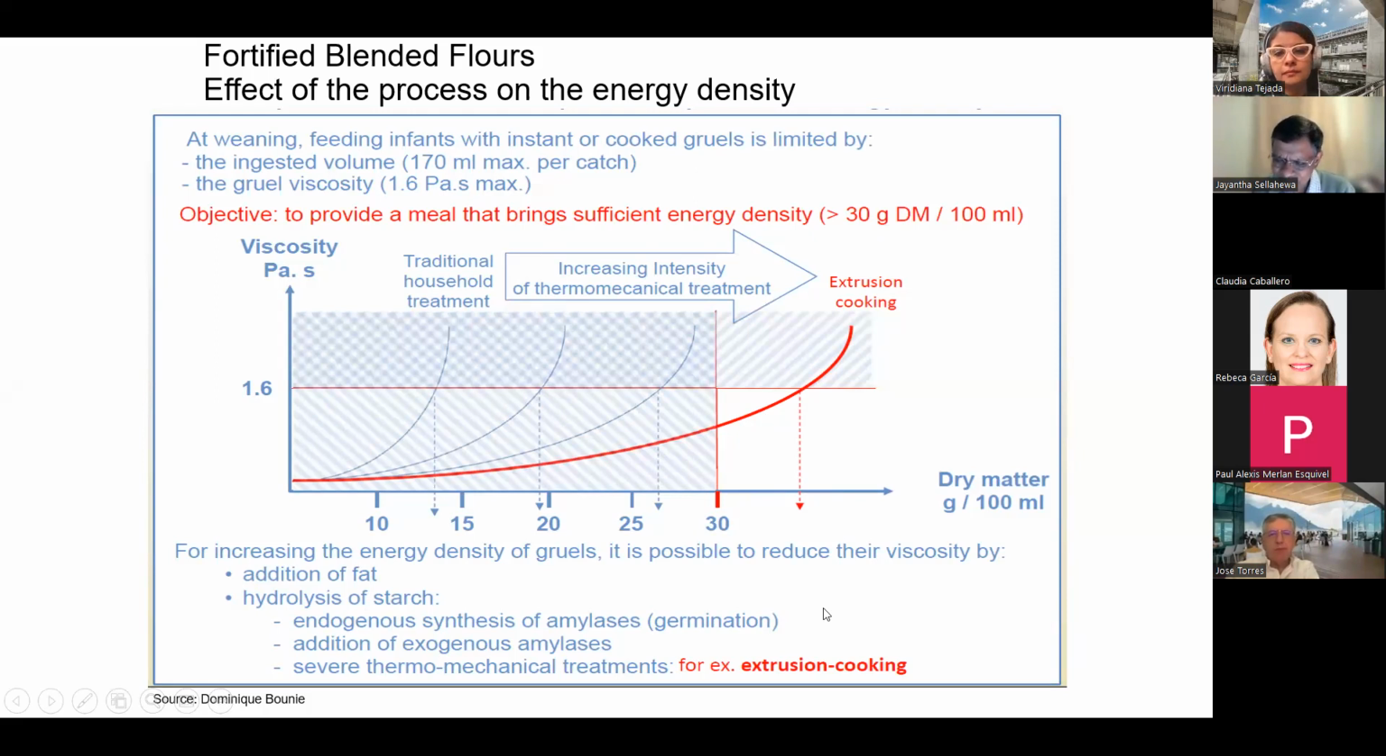And I think that's a very good example of where you can manipulate the process to change the functionality of a product to address a target market, in this case, an infant. So here we use a process to do the change. The other way to do this is to use enzymes, which is not the best option, and it can be expensive. Now you may think extrusion cooking is an expensive process to use in an affected, poorer country,